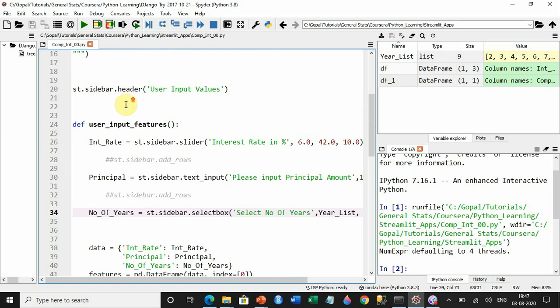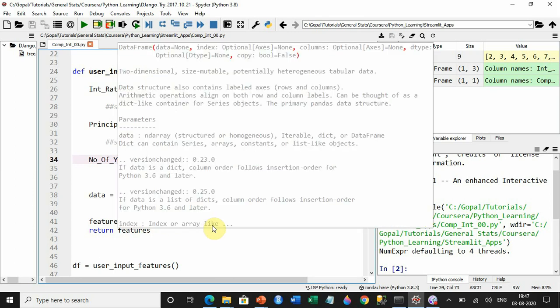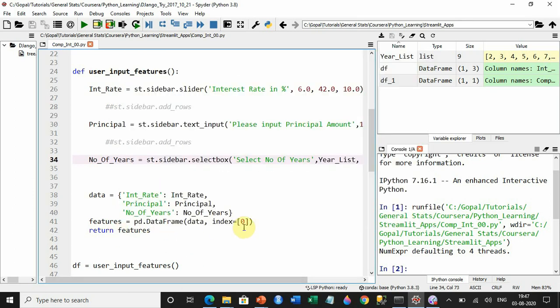Now all those things that you have entered go into these variables, and these variables you again put into these, like this is the variable, this is the value. Now essentially you create a data frame. It creates a data frame and puts everything into the features, and when you say return features, it is generating a data frame.